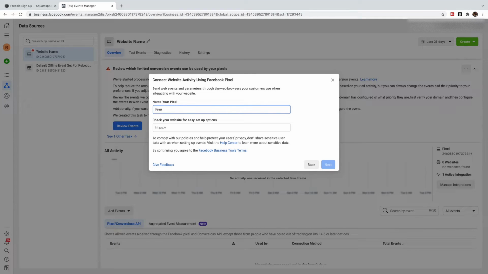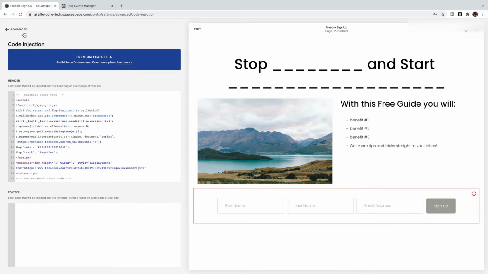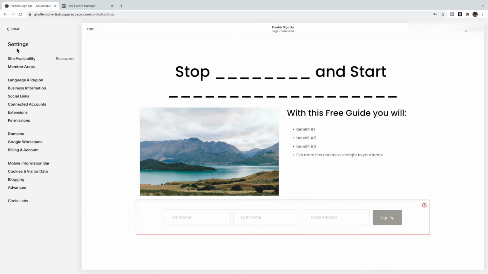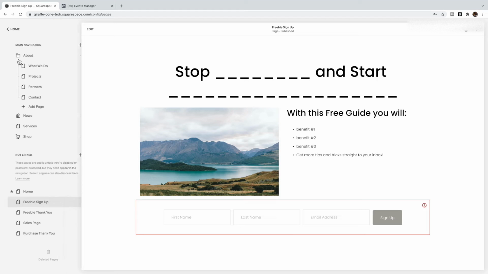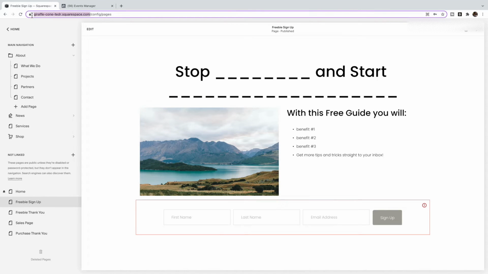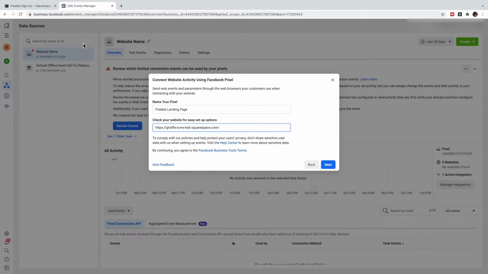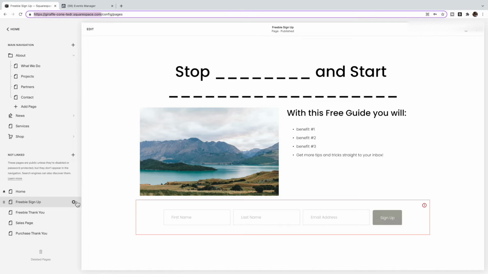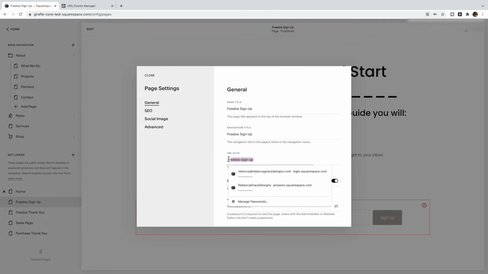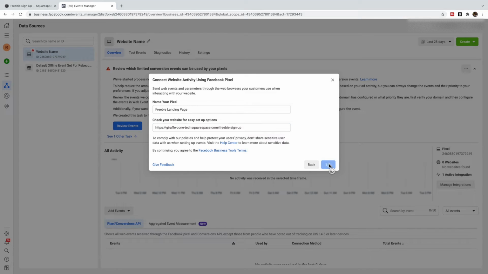I'm going to name it freebie landing page, and we need to find the URL. So let's go to pages. I've just named mine something generic, but obviously I want to name it something related to you. Next,